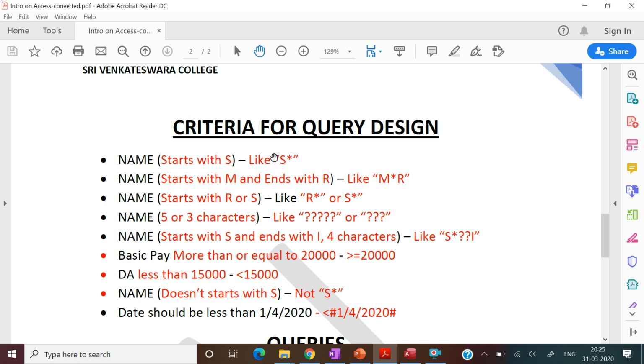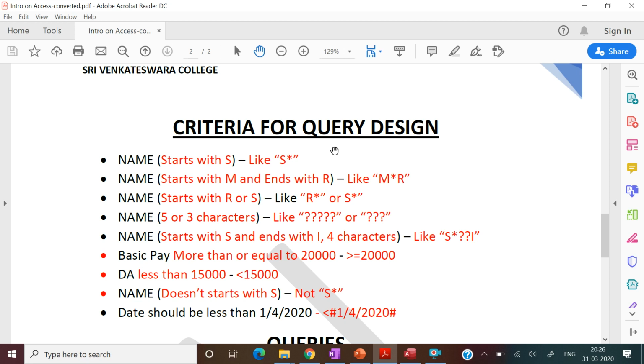Now first of all, we have a question in mind: why are we using this query design? Suppose you are a manager of a company, and there is some inspection in your company, and the auditor asks, I want all the names of employees whose name starts with S. So how do you get all this data? Access will definitely help you get all this information very easily.